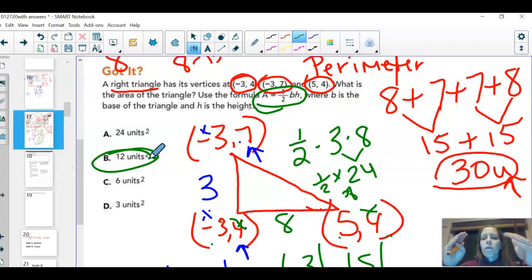If you have square or a rectangle, you're going to only multiply them. But if you have a triangle, si tú tienes un triángulo, you're going to multiply and then cut it in half or divide by 2, okay? Pero si tú tienes un triángulo, tú vas a multiplicar los dos números y necesitas cortar esto en dos partes o tú necesitas dividir entre dos, okay? So that is this